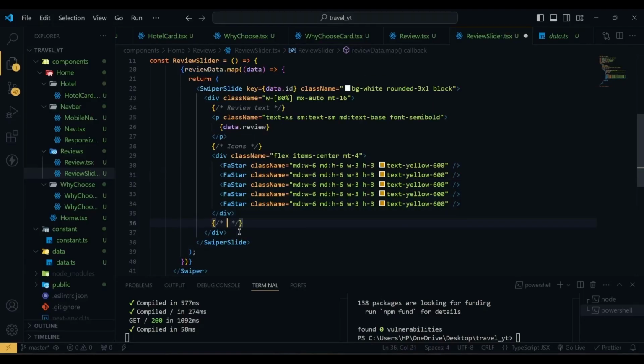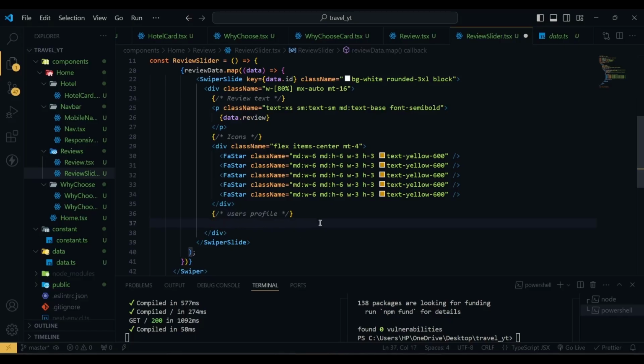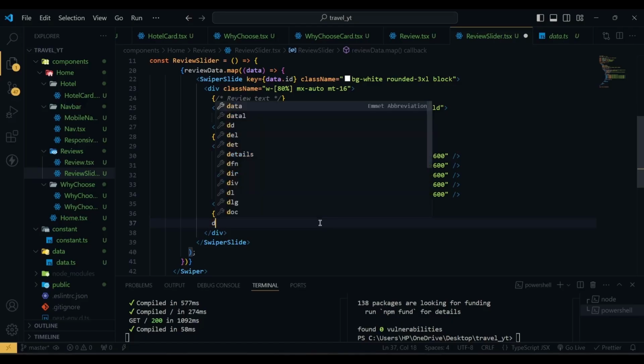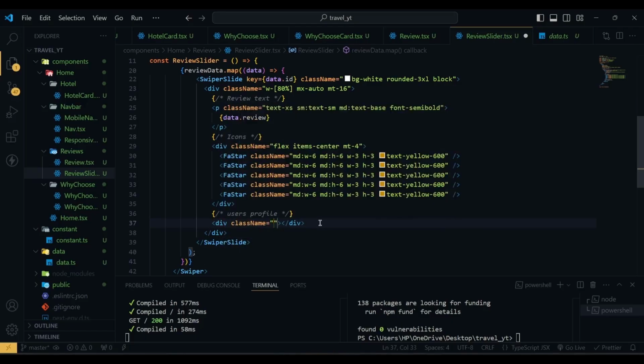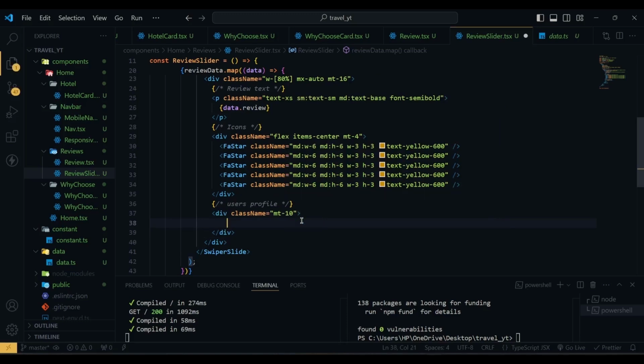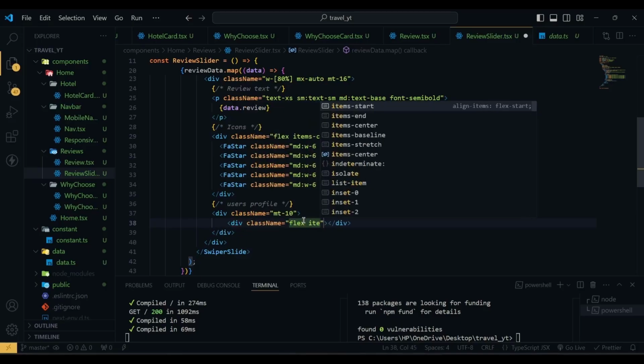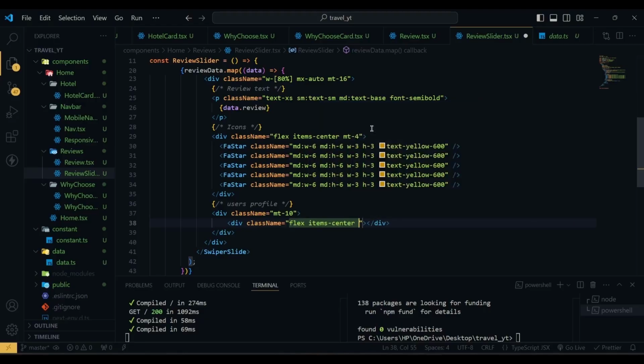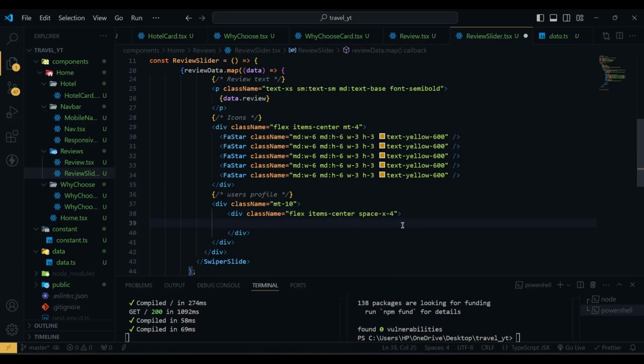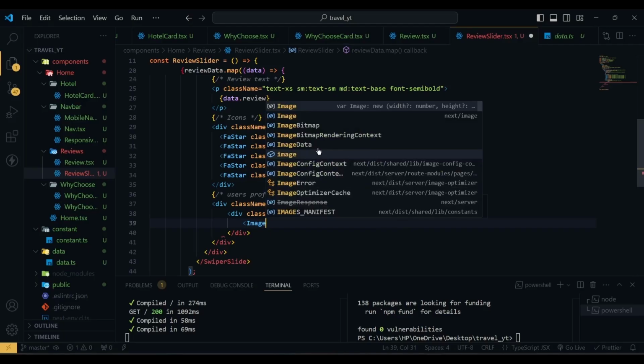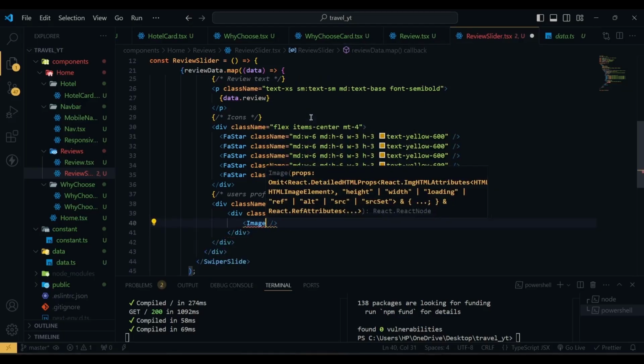So after the icon we have users profile. Then here what we have is another div with the class name of margin top will be 10, and then inside this div we have another div with class name of flex, items will be center, and space-x will be 4, and then inside this div we have another image which is coming from the next image,